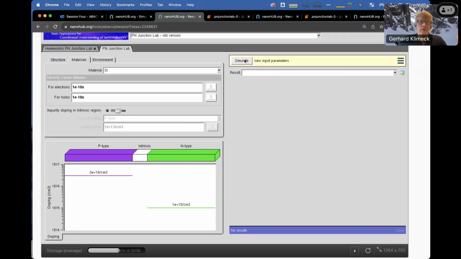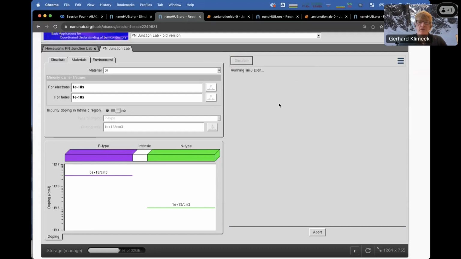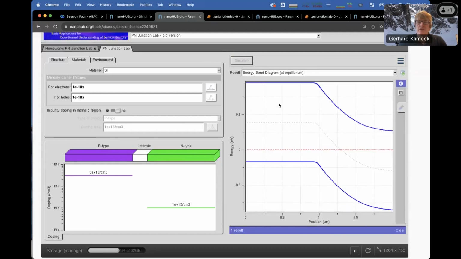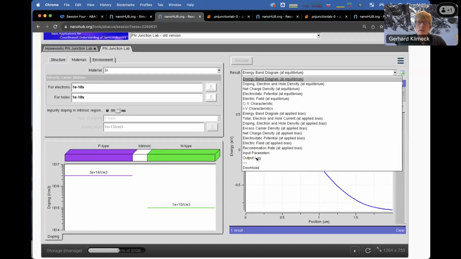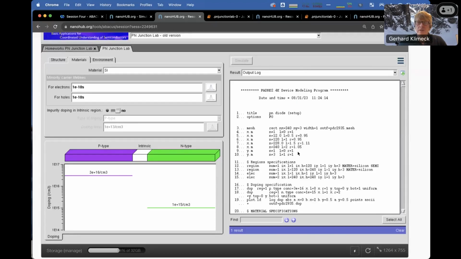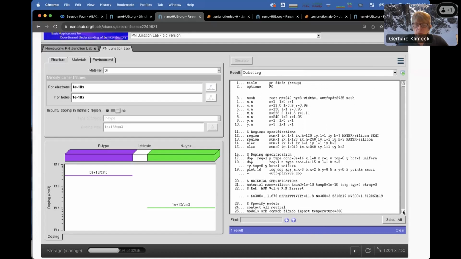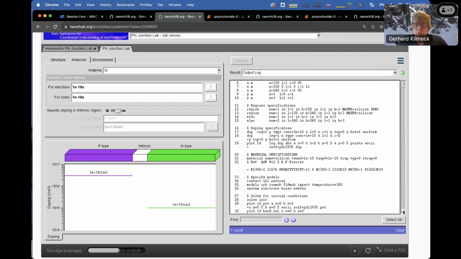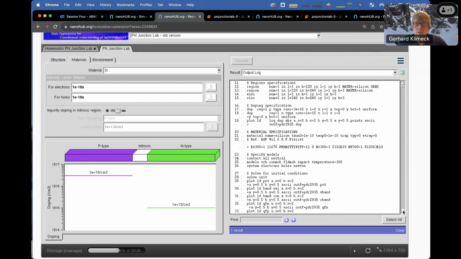But let me just simulate this one more time. Actually, what it should do now is load these results cached, because I had this calculated already. So if I look at this output log, this is the equivalent of the PADRE input deck, except for these lines here. You would have to take it out. And I don't remember if there is a tunneling model in there. Rather than just trying, what we could do is